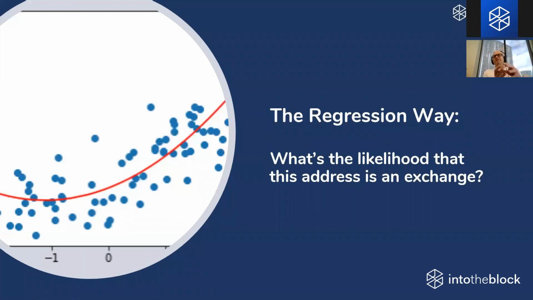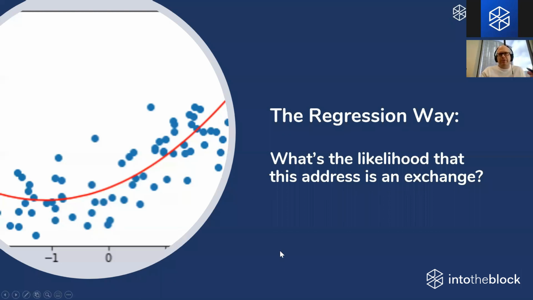In the case of regression, you're dealing with continuous outputs. I'm sorry, in the case of classification, you're dealing with discrete outputs. Those are some of the classic, very old machine learning techniques, but